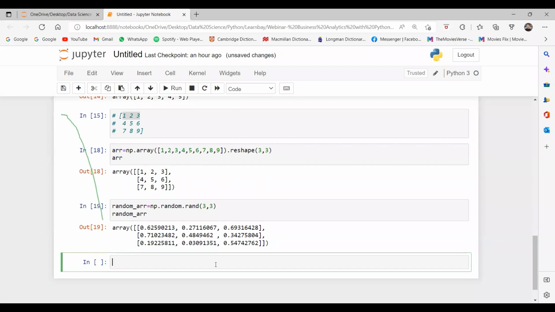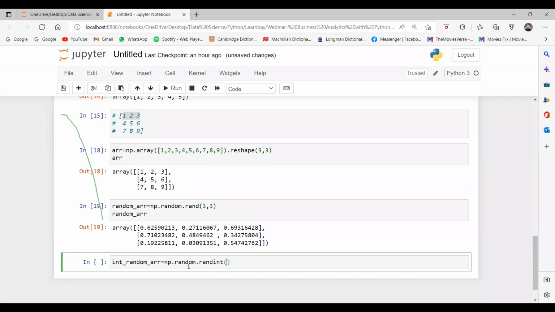For example, you want to create an array of random values, but the values should be integers. Here we are having float values. I don't want the decimal point. I want to create an integer random array. Variable name you can take anything, guys. So for that we have the np.random.randint function.